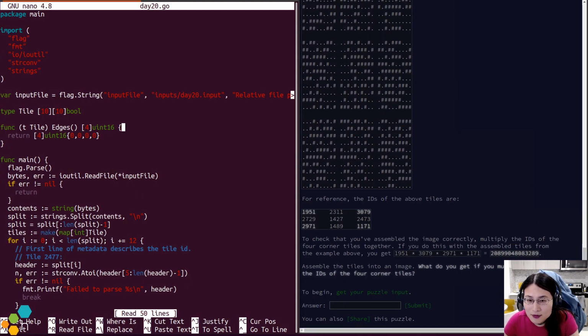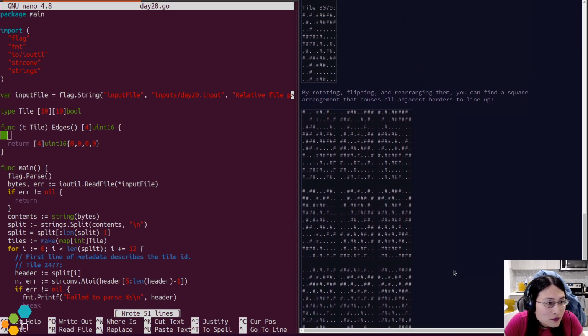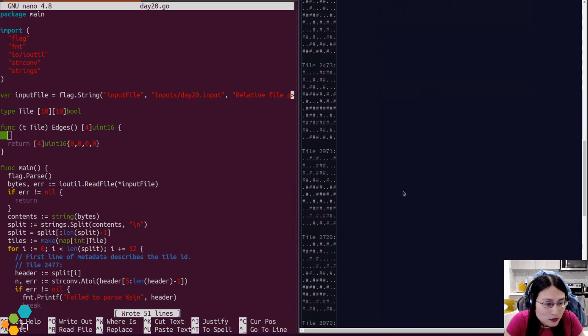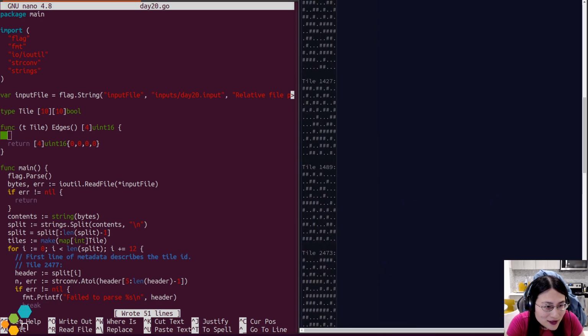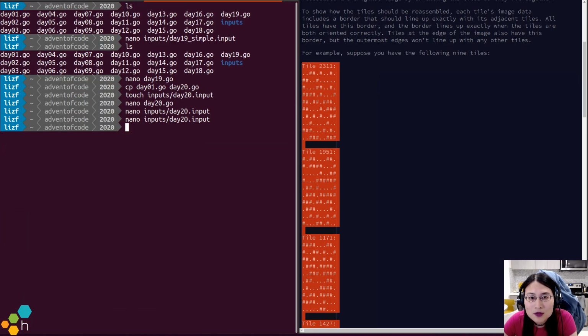So now let's develop something that will actually produce a checksum of the edge. And let's also record the simple example first, just to make sure that our code works on a smaller example.